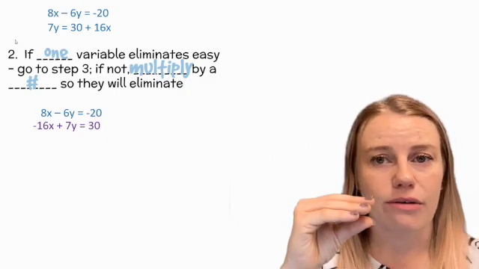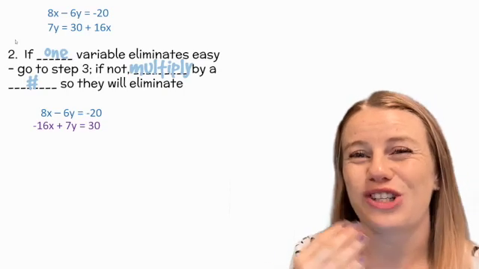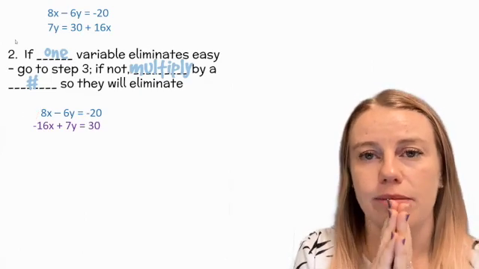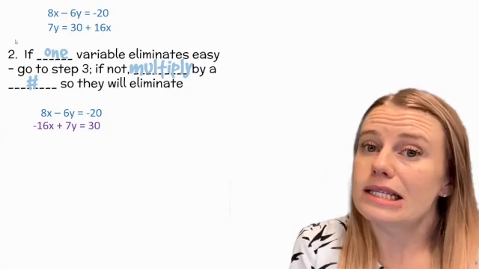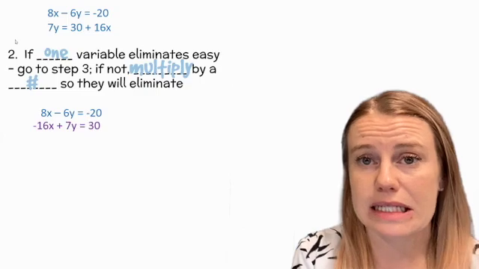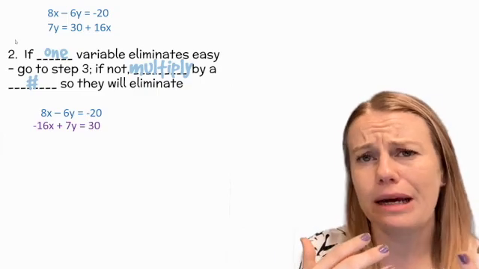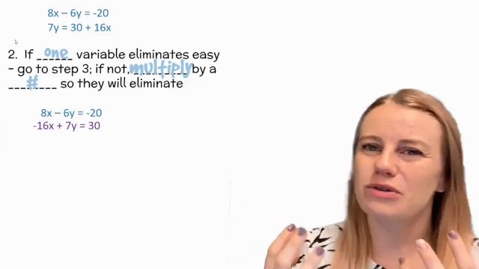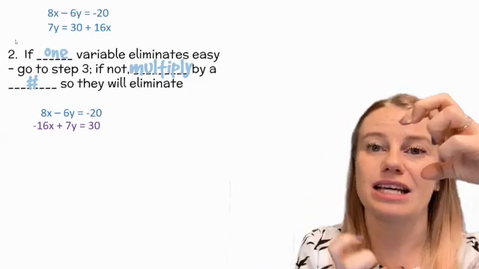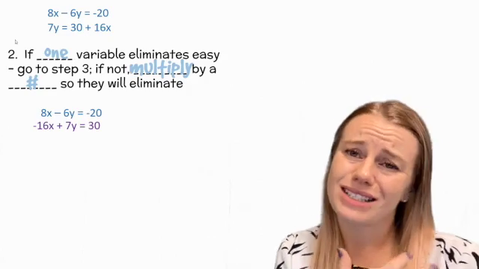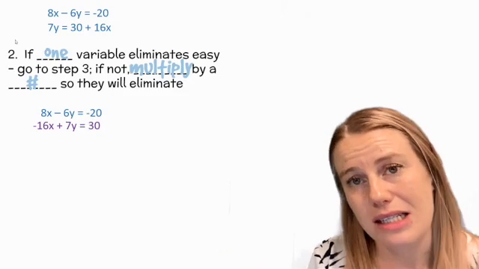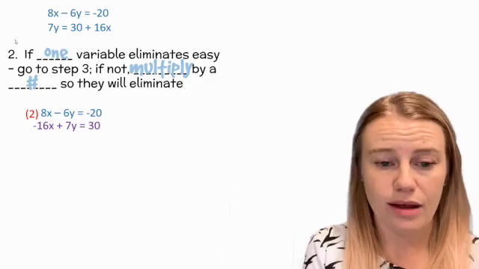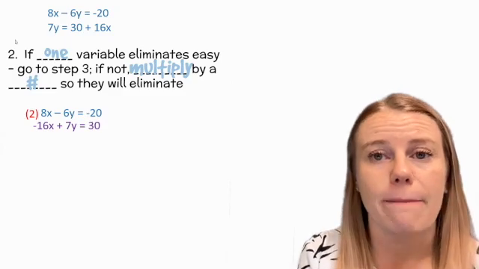Since we don't have that already, we have to create it. We have to make it happen, and I'll show you how we can do that. So, like I said, one needs to be negative and one needs to be positive. I can see easily that 2 times 8 is going to be 16. When I'm looking at my numbers, negative 6 and 7, those really aren't going to multiply by some number easily to get the same number, one negative, one positive. But when I look at the 8 and 16, I know that 2 times 8 is 16. So if I multiply this whole equation by 2,